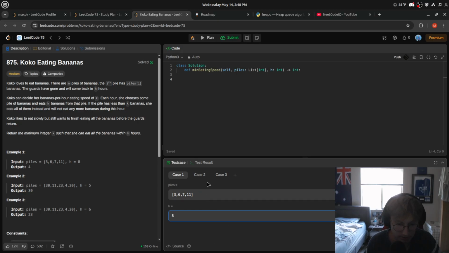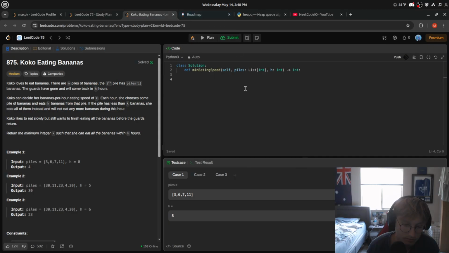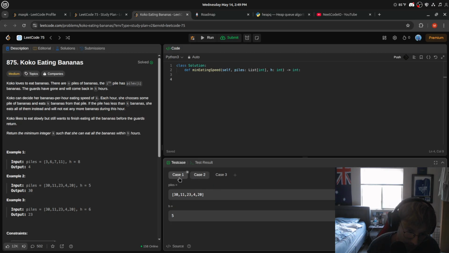Okay, I didn't know you could edit it like that, but alright. That's cool. Okay, so we're looking for I think the minimum speed. Return the minimum integer K such that she can eat all bananas within H hours. So they've gone 8 hours. Right, so